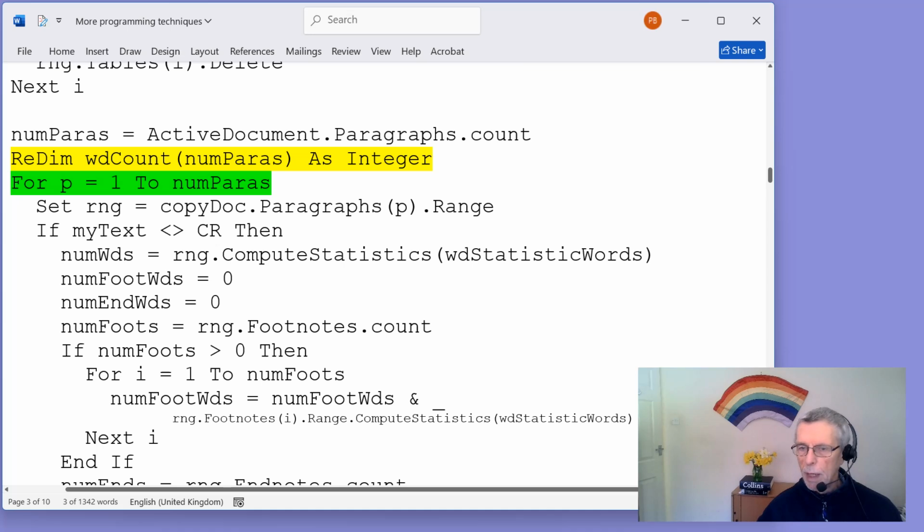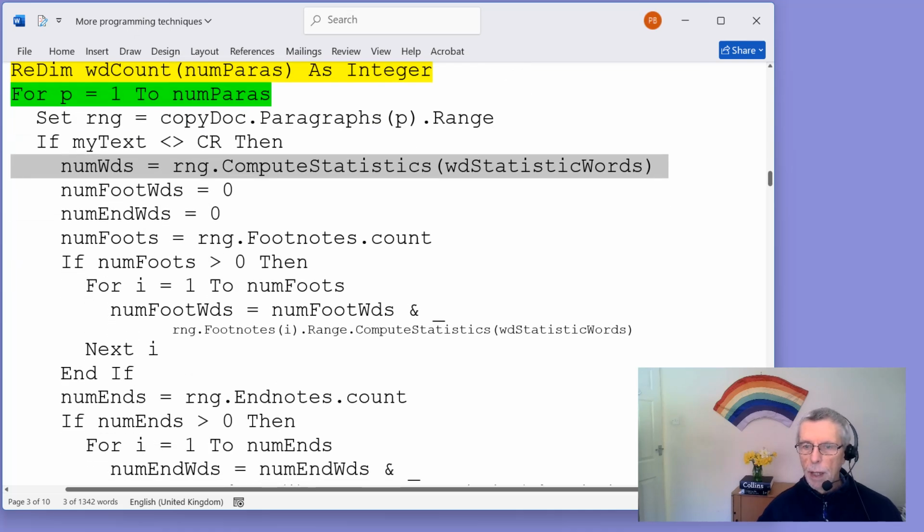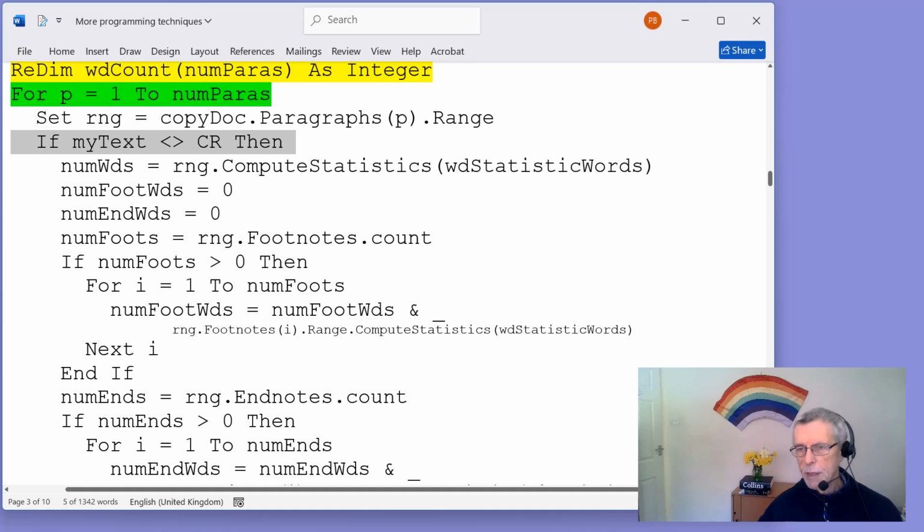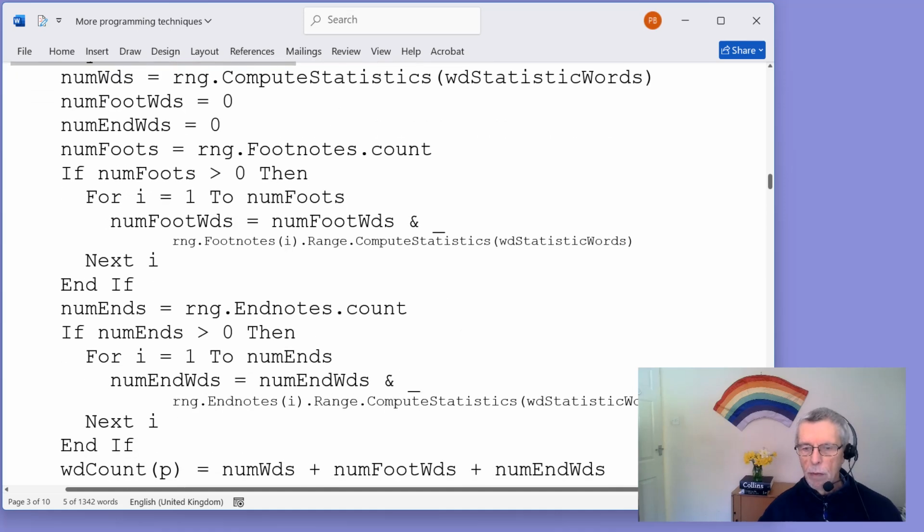So what do we do? We use the statistics to give us a number of words. So this is for every paragraph. It's if the paragraph actually contains some text. In other words, it isn't just a carriage return. It isn't just a blank line. We do all that,